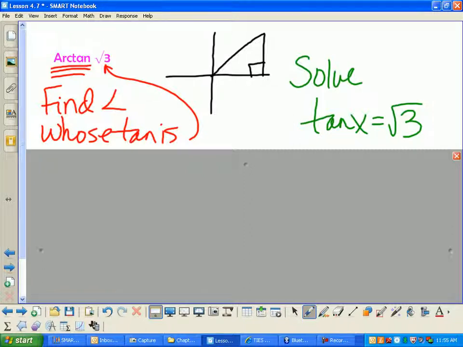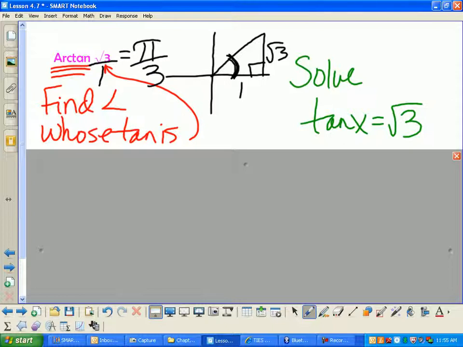So what's the one special angle that has that for its tangent? I can think of tangent as being TOA, opposite over adjacent. You draw your picture and you say, do you recognize the triangle? What's that angle measure right there? Okay, so the answer to this is